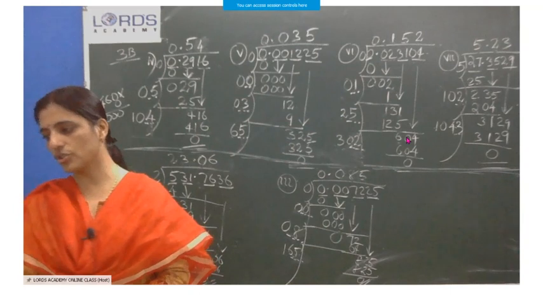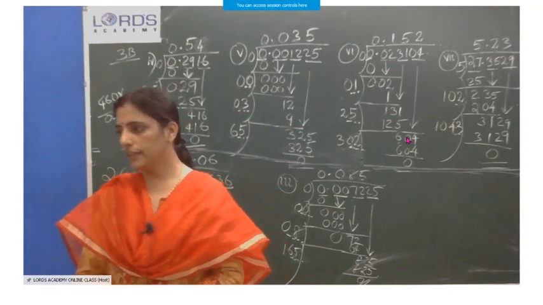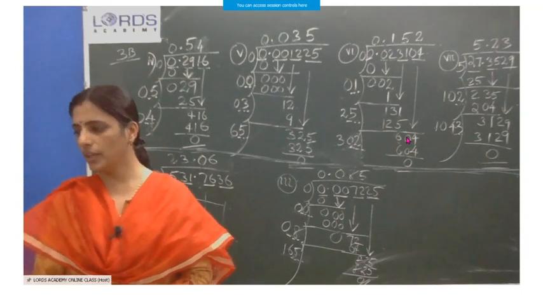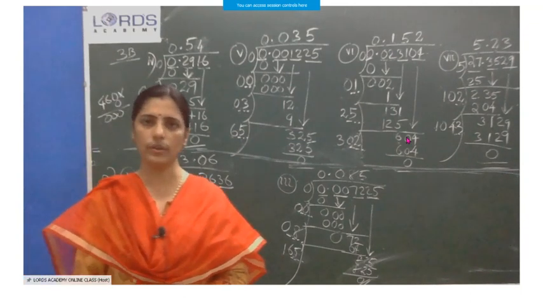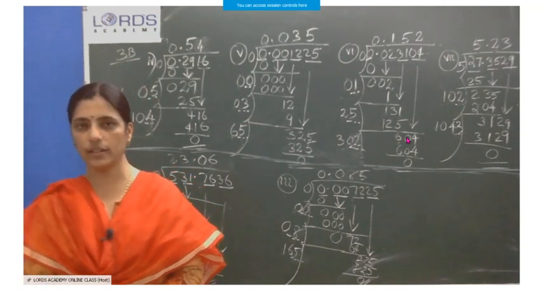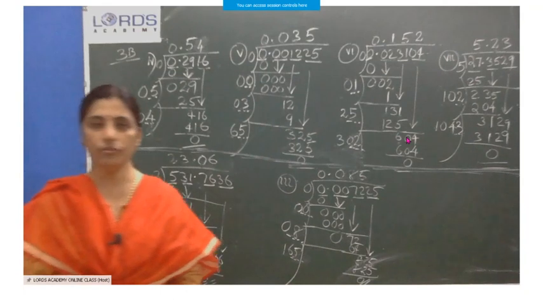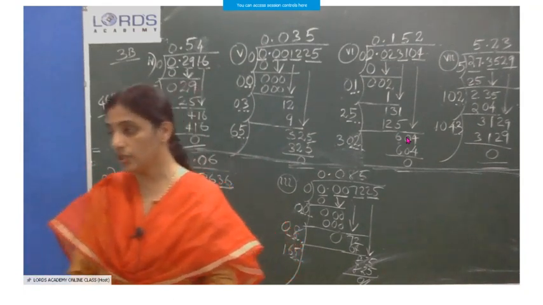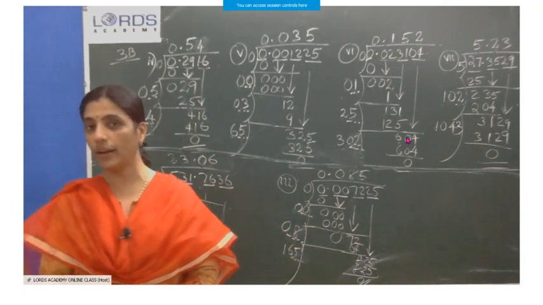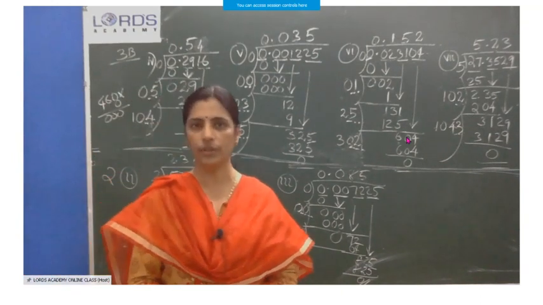Question number 6. I am not discussing all the questions. Exercise 3C, question number 1 to 5 very easy. You can see the textbook answers. Question number 6 I am discussing. Answer is 6. Question number 7. If the square of a number ends with 10 zeros, how many zeros will the number have? See, just to reverse they ask. You have to read the question carefully.